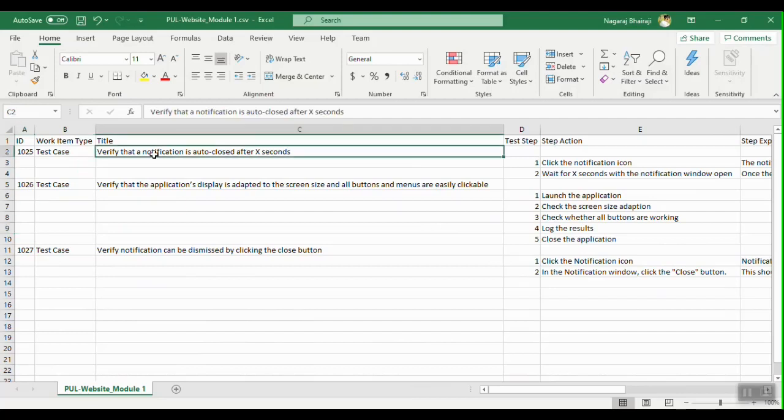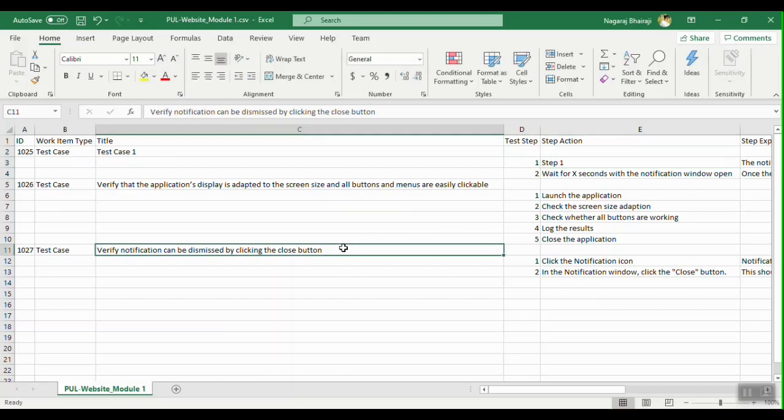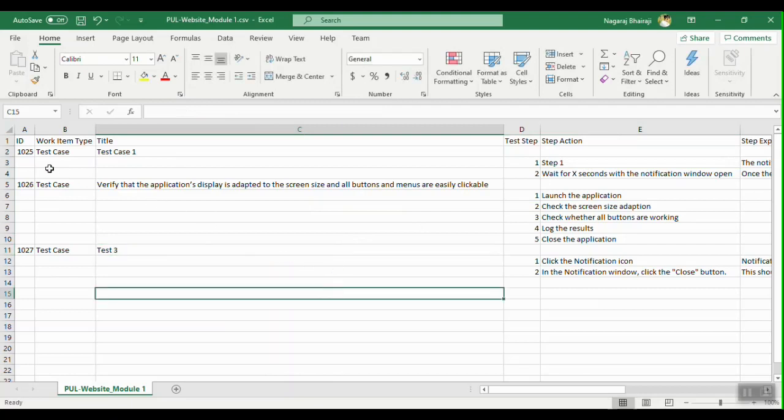So let me save this as test case 1, and I'll just change it to step 1. Let's say test 3. Okay, so I modified the existing test cases, the IDs are there.